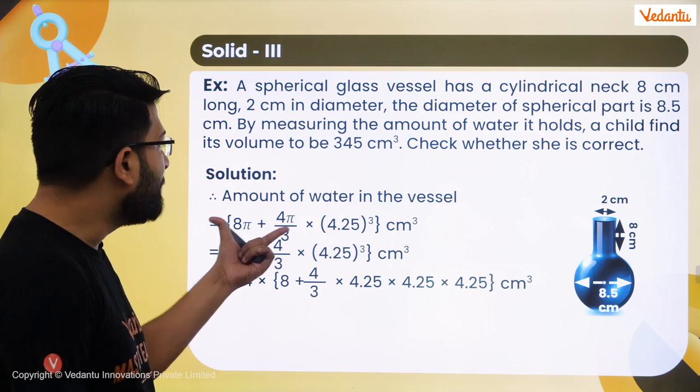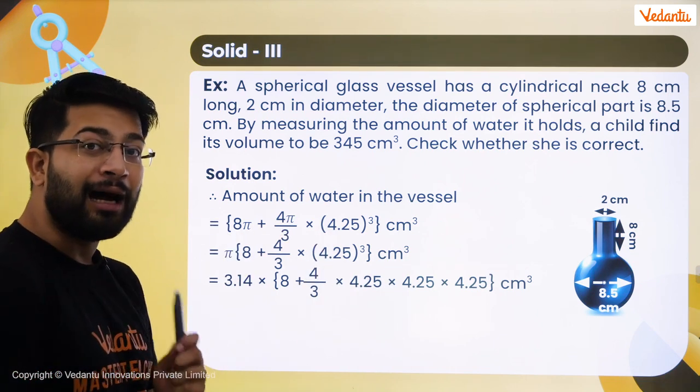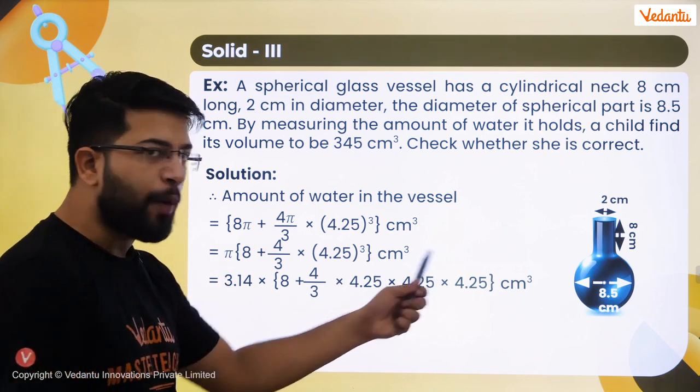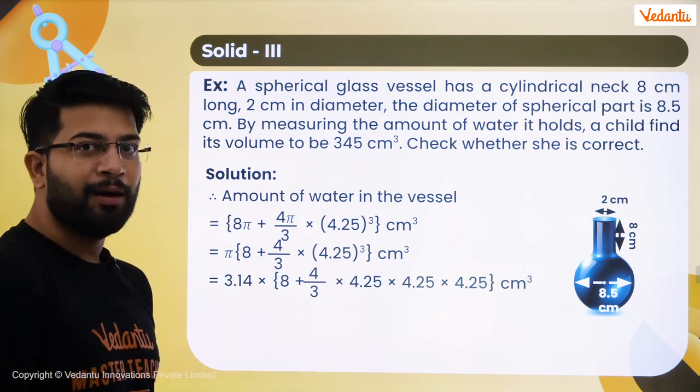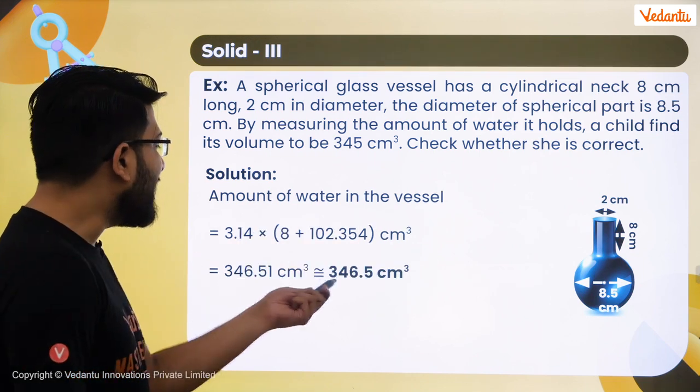Now simply add both the volumes and take pi common. Simple, you will get the answer. But make sure you know the tricks to find out the square of a number and the cube of a number with the help of turbo maths and basic mathematics also. Okay, so we can get the answer